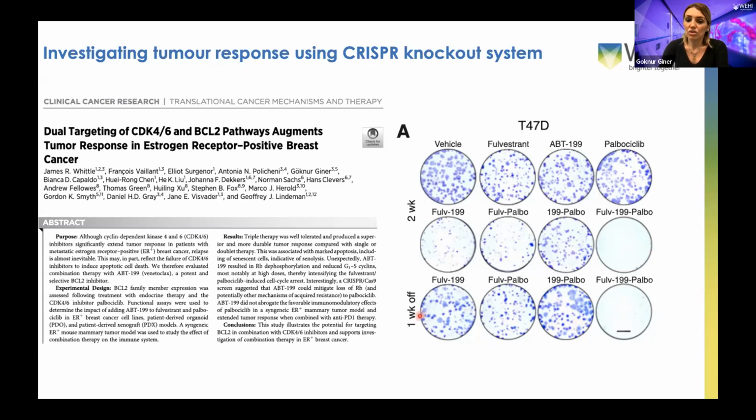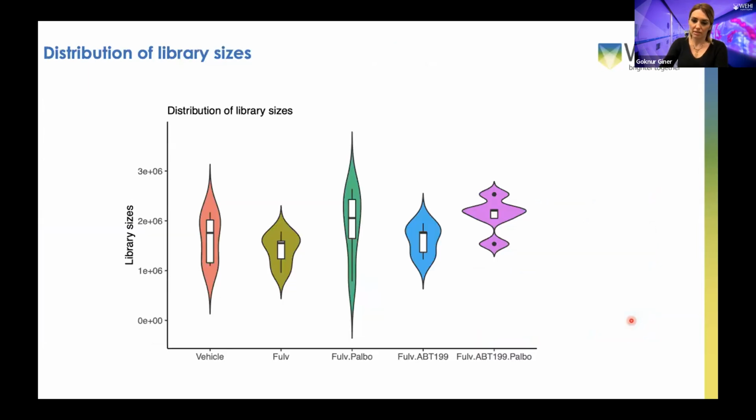And even though they did stop giving the treatments, the cell colonies appeared back on the cells treated by doublet therapy, but no or very minimal growth for triplet therapy. So they wanted to understand what the main mechanisms behind that triple therapy are. So they did experiments, we got the data, and we did